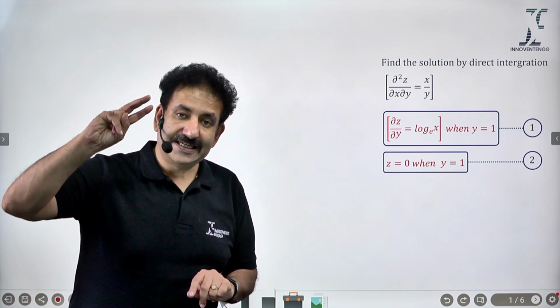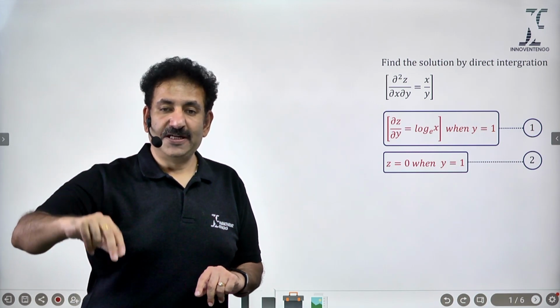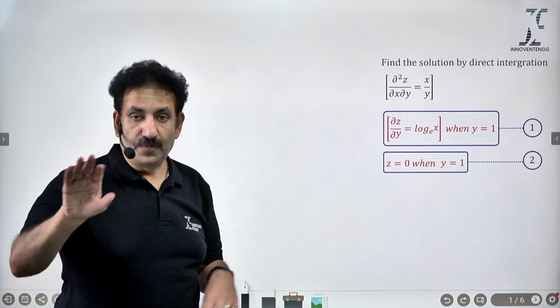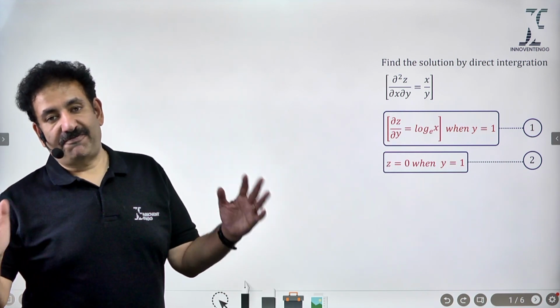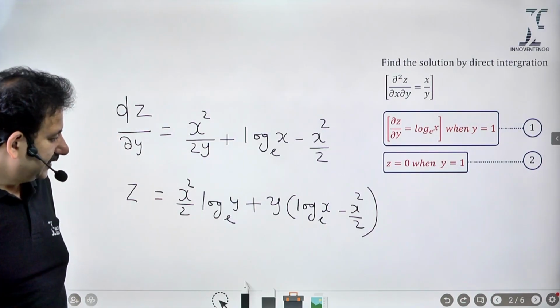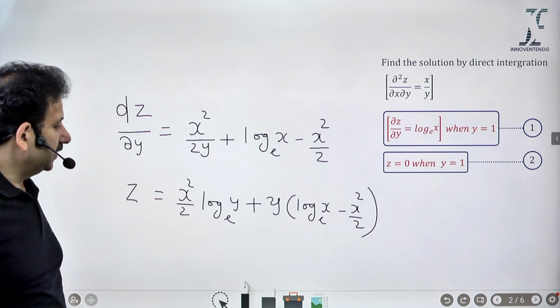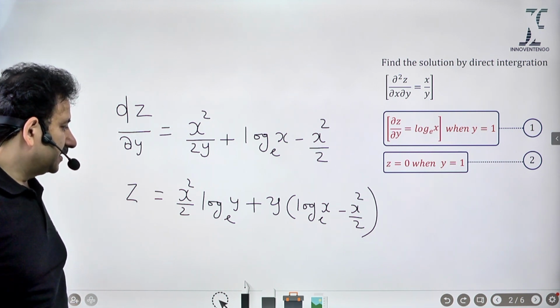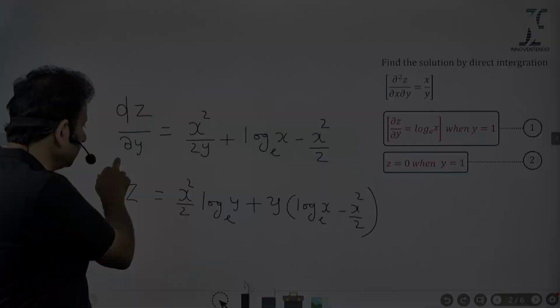You are going to integrate this twice, and the possibility of getting two unknown functions exists. So therefore you have to have two boundary conditions so that your final expression is devoid of any unknown function. And this integration would produce one more constant, but that constant this time would be a function of x. That has to be remembered carefully, because you are